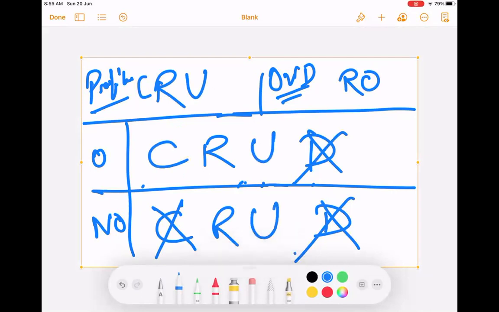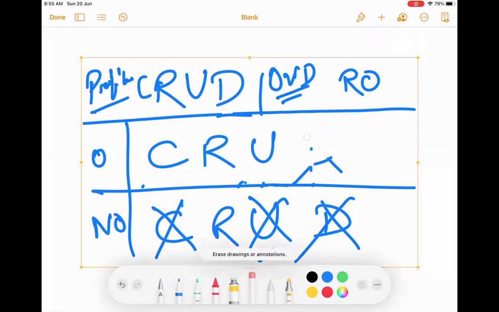Update, definitely. What will happen here in the non-owner part? What do you think? The OWD is set to read only, so the non-owner cannot update. It will not be able to. Why? Because OWD is set to read only. Non-owner cannot update, write. That is clear. So even if the profile has CRU, still they are not able to do anything. And since this is read only, the same situation happens even if I give the delete permission.